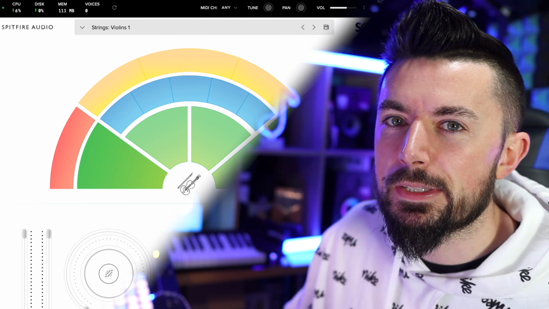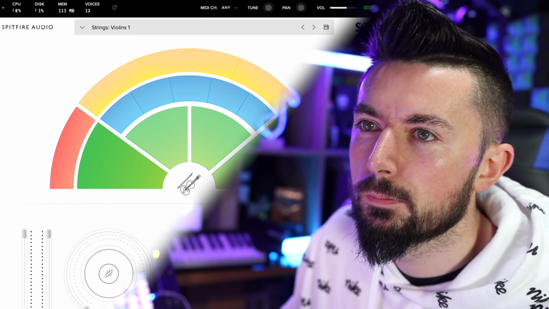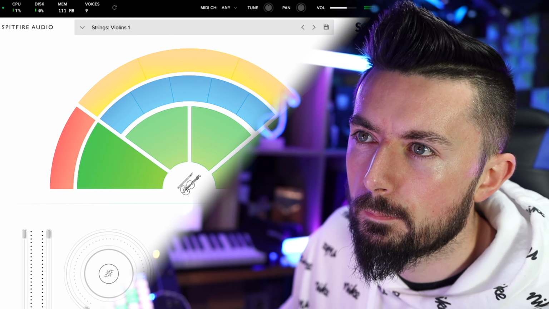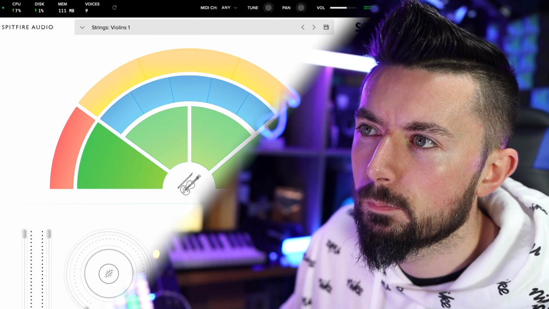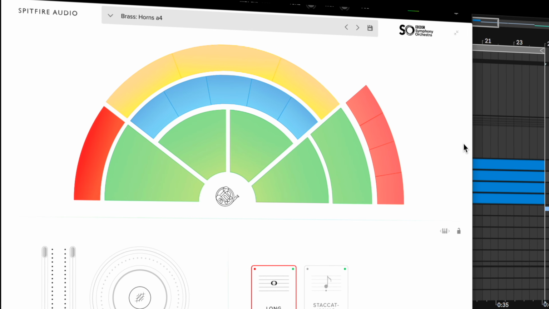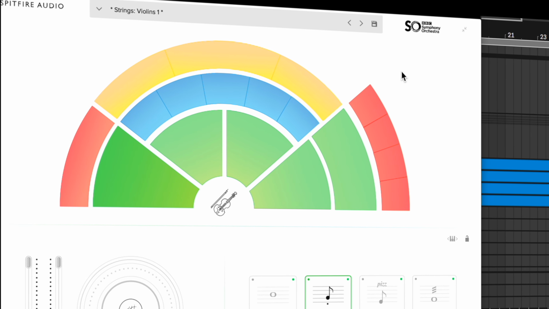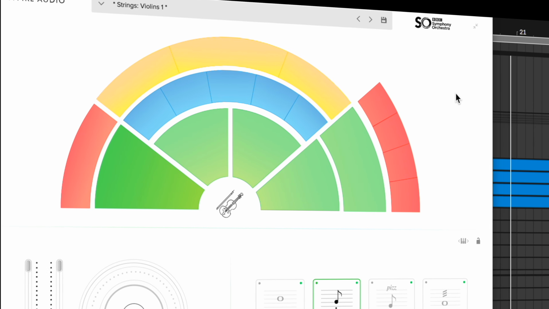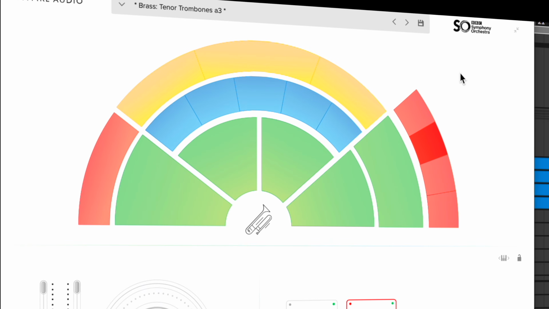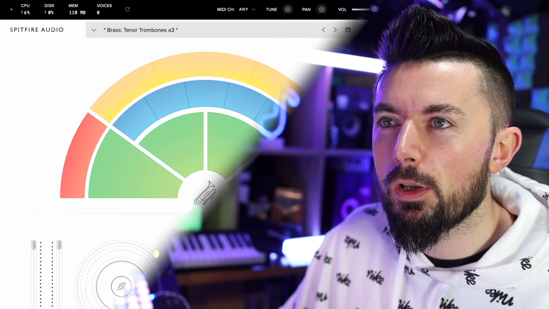Here are some of the sounds that I've layered together to make a loop. As you can hear, they're very high quality orchestral sounds, which brings me to my next plugin, and this is